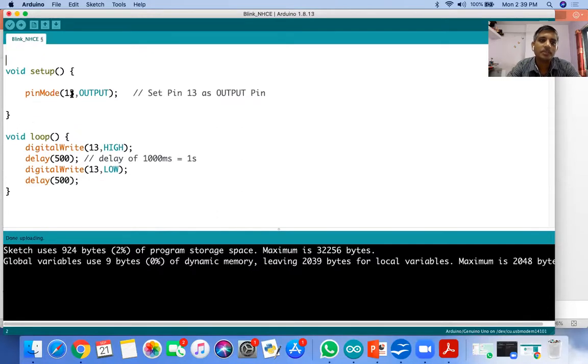So every time, suppose I don't want to use the built-in LED, I want to connect an external LED. Suppose I am connecting it to pin number 8. Okay, so three changes I have to do here: pin number 8 in pinMode, and digitalWrite 8, digitalWrite 8. Okay, three changes. So instead of that, what we can do, we can create one variable,